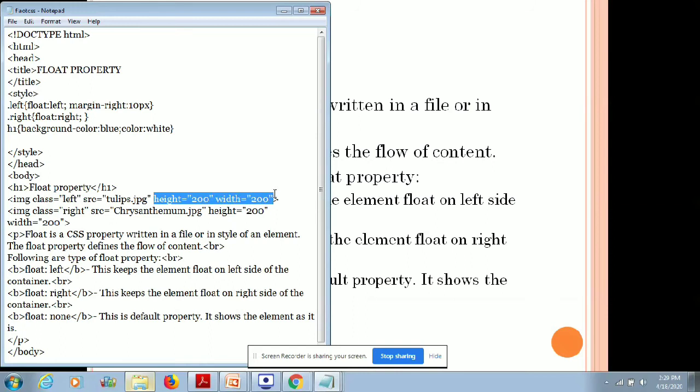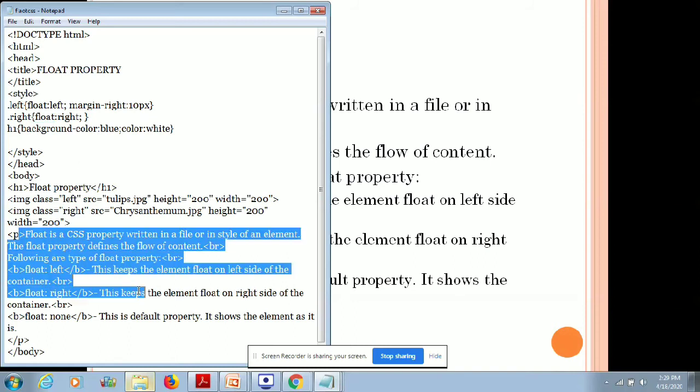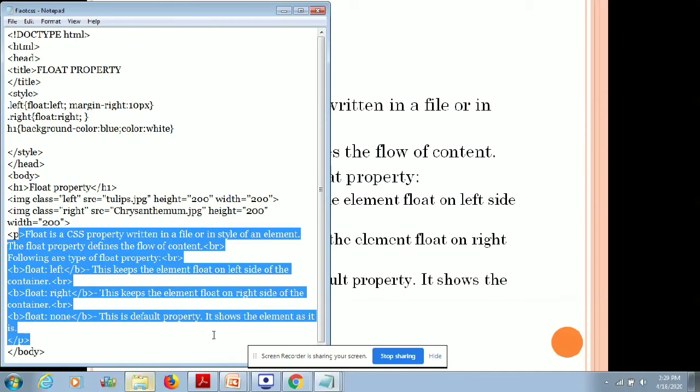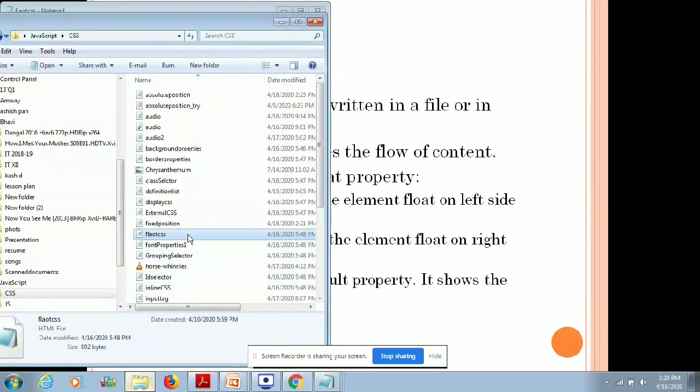We've already covered the IMG tag in 11th standard. Then IMG class right, chrysanthemums.jpg. So we have the image of chrysanthemums which is going to be placed on the right hand side, and this entire paragraph is going to be placed in the page. Now this paragraph is going to be placed in between the two images.